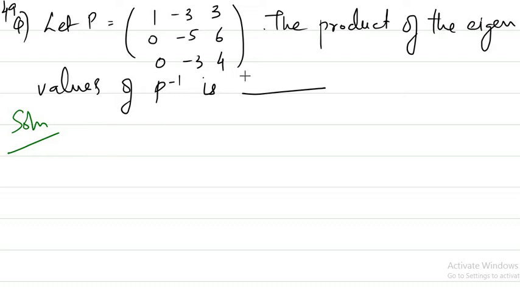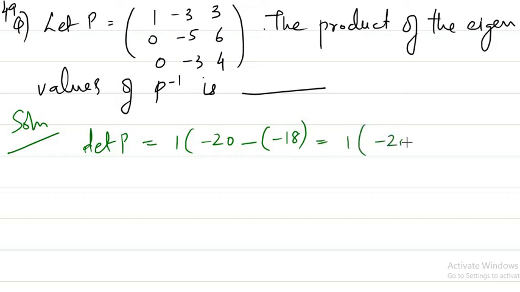It's a 3 by 3 matrix, and can you see what the determinant of this matrix is? Let's find out the determinant of this matrix. I'll tell you why I am doing this. It's a small idea I felt. Here when you find the determinant, I'm going to expand along the first column. So 1 times minus 20 minus 5 into 4 is minus 20, minus 18. So what do you get here? You get 1 times minus 20 plus 18, that is minus 2, right?